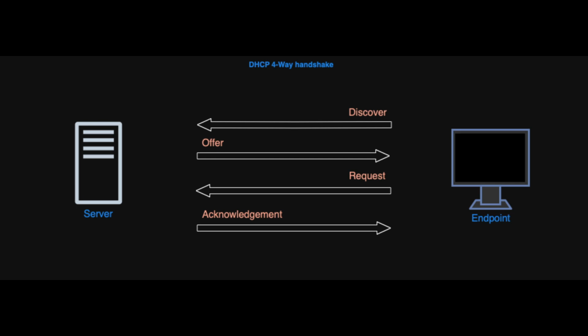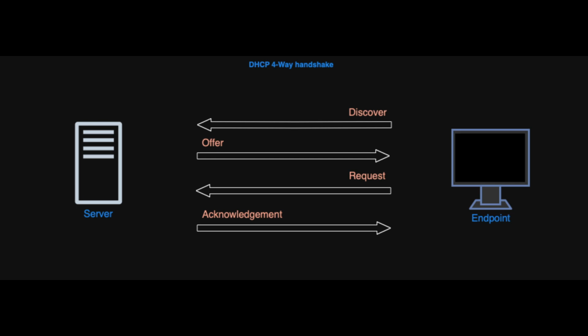The endpoint would then respond to the DHCP server via a request packet in the form of a unicast in order to request the parameters offered that are required by the client. Finally, the DHCP server responds with an acknowledgement packet via unicast containing the IP address requested along with any required